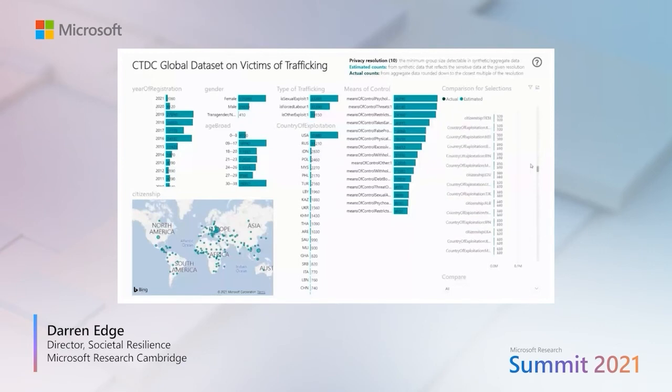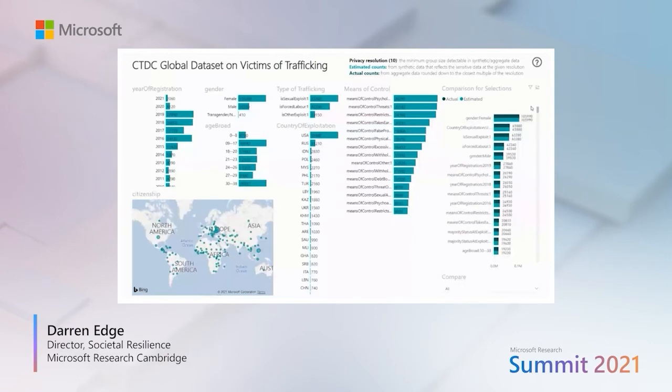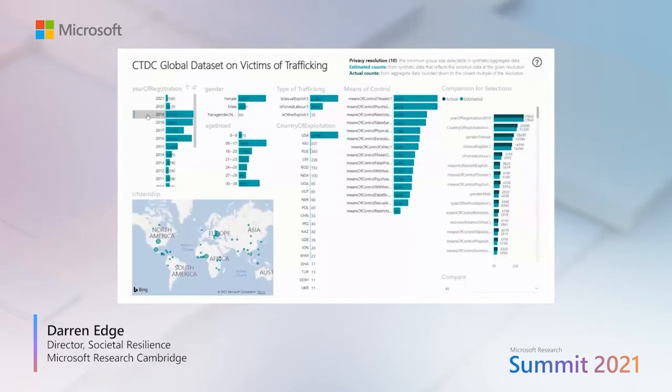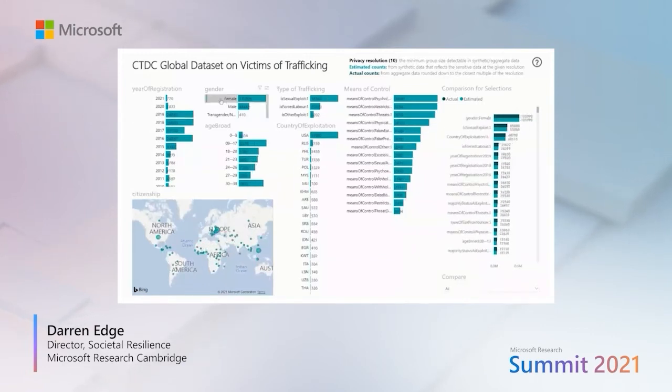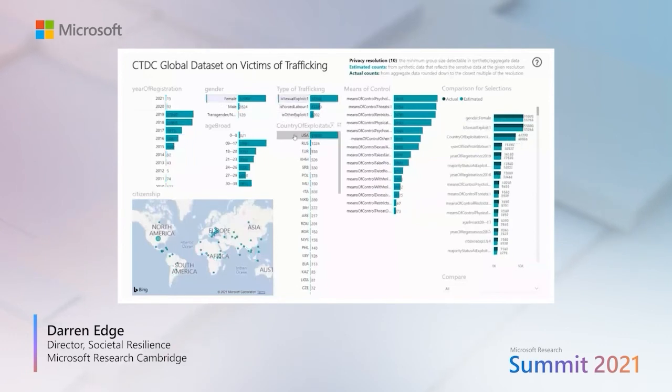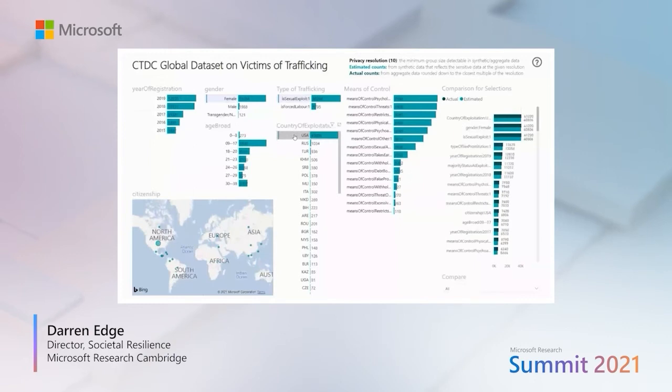So you can also see that there are very many combinations, very many attributes rather, in this data set. Let's start drilling down into some of them now. So let's look at cases where the year of registration was 2019. We make that selection and all the other counts filter to show us the counts of cases only within that year. And we can see that our estimates from the synthetic data very closely track the actual values after drilling down on that year. So next, let's look at female victims of sexual exploitation in the USA.